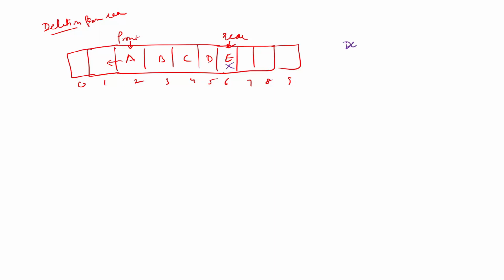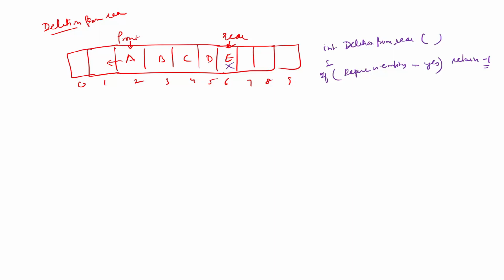You want to delete the element from the rear side, that means this element you want to delete. So the general case says set rear equal to rear minus 1. So deletion from rear in case of DQ representation will return an integer. First of all, check whether your DQ is already empty or not. If it is empty, then return a sentinel value, so return minus 1 if it's a double-ended queue of positive values. This is the first constraint you can apply.